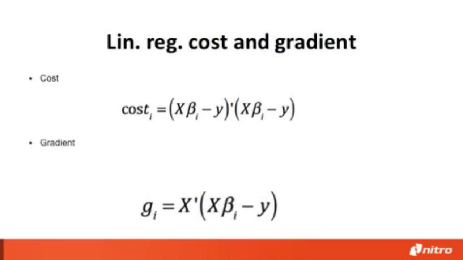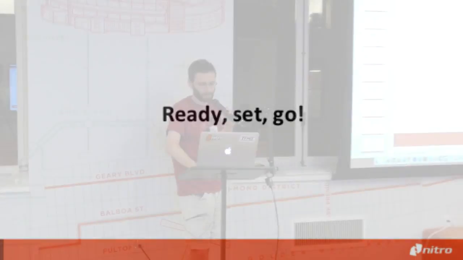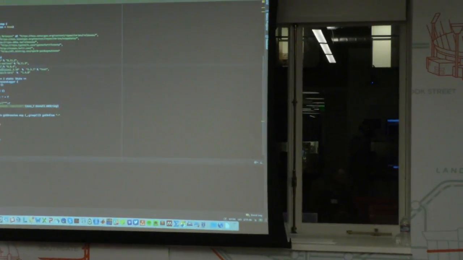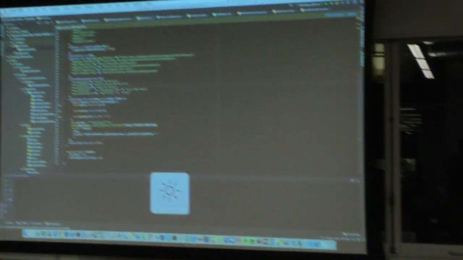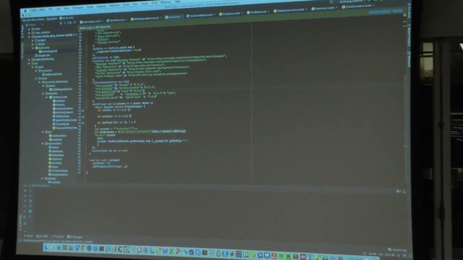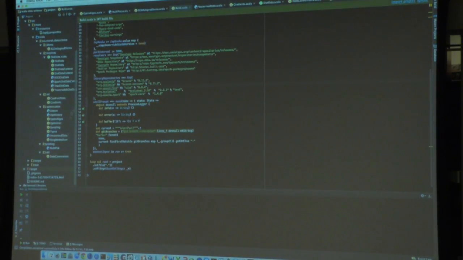You have the cost function, which is really simple, sum of squared residuals, and the gradient is really straightforward as well if we just take the derivative. So to actually implement this really quickly, I'm just going to skip the step with the type classes because Malcolm already covered that, but I'm using the same thing because we're doing this as part of the book that we're writing together about machine learning for Spark. So he already did a very good demonstration, so I'm going to skip that.